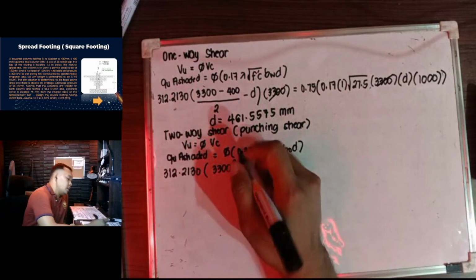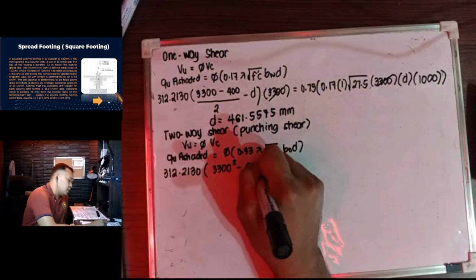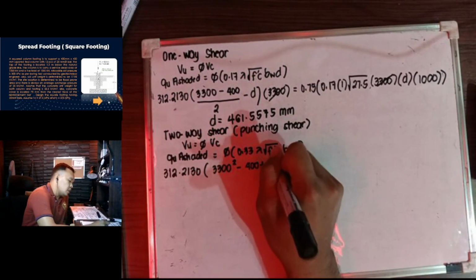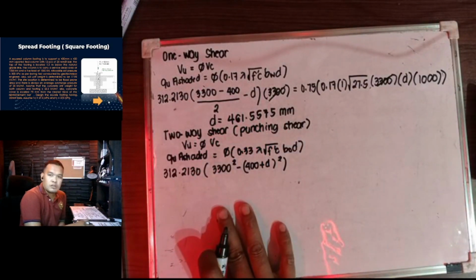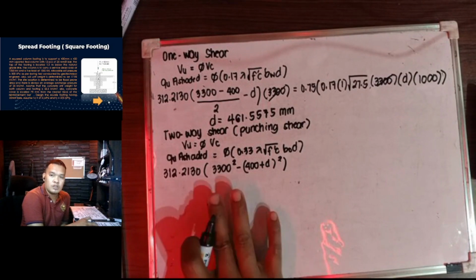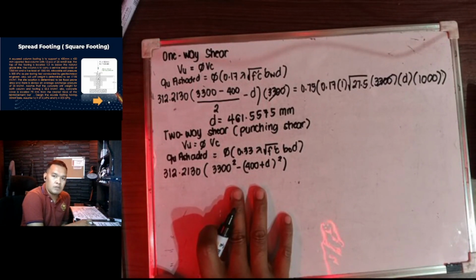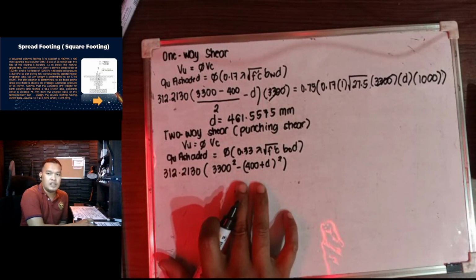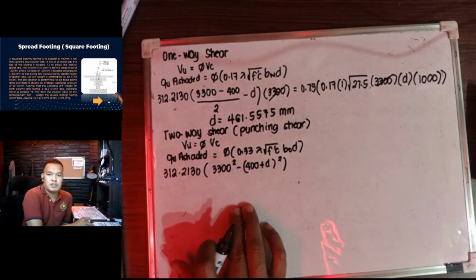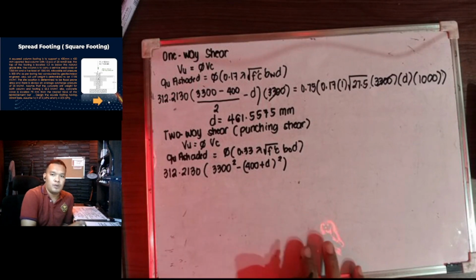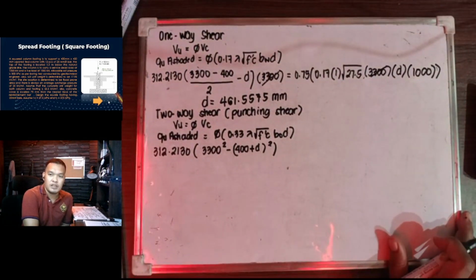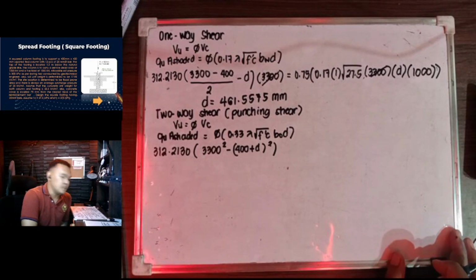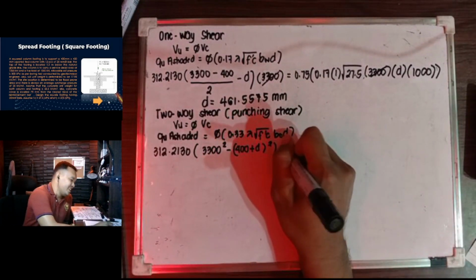So, we have here 400 plus D quantity squared. Take note na kapag tayo ay naggagawa ng equation, dapat careful tayo sa mga parentheses na yan, no? Kasi kapag hindi natin nilagyan ng boundaries ang bawat isa, possible, maging iba po yung sagot natin, no? Kaya dapat nagsiset tayo ng boundaries para alam natin na hanggang dyan lang dapat yan, no? Okay. Equals